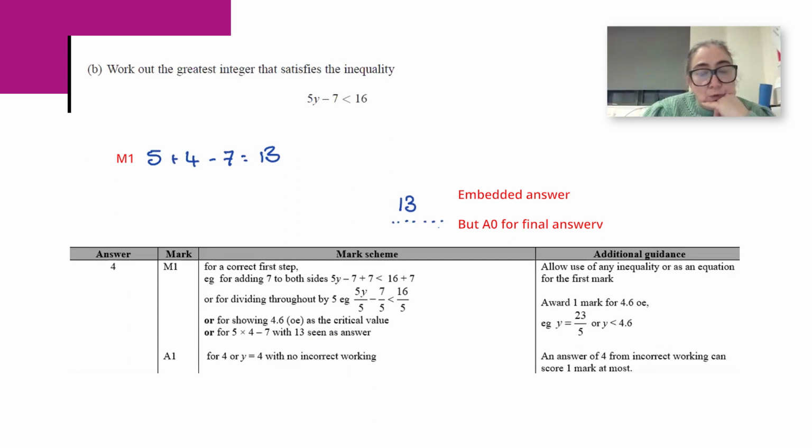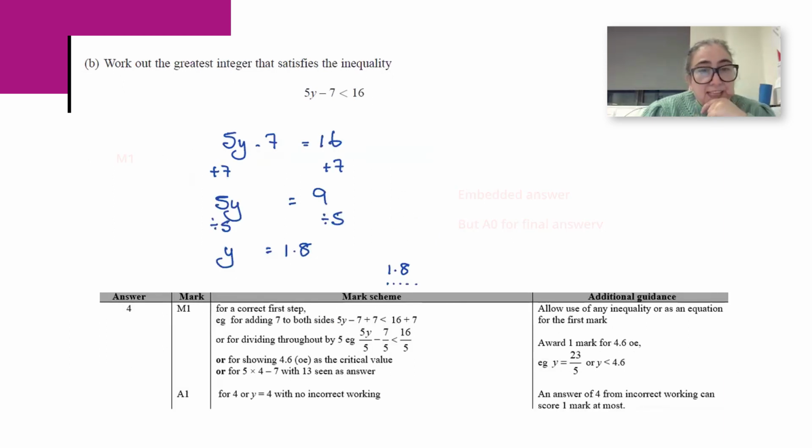And that is almost, I suppose, a trial and error, a trial and improvement, where they just know it, don't they? So it can be awarded. Then this one,